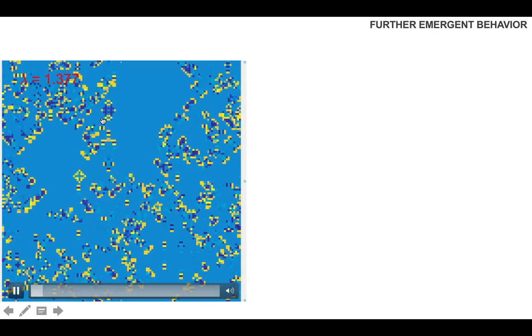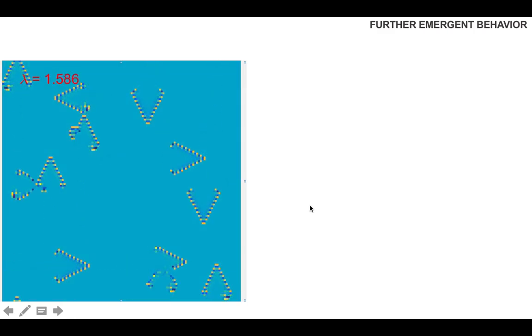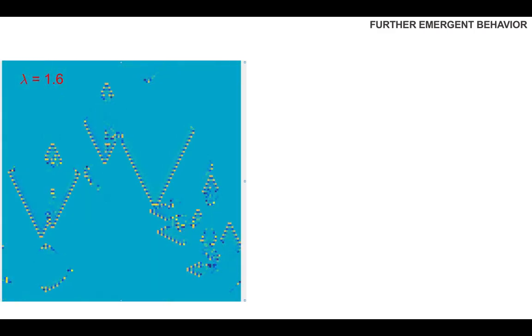Further emergent behavior, as I promised, when you have lambda bigger than 1, you will get different behavior. Again, sorry that the video is not working properly, but I can give you the codes, and in the codes they look really nice. You can see that as lambda changes, there are several new propagators emerging. There are several new ones yet to come. There they are, and this is a very interesting system on its own.